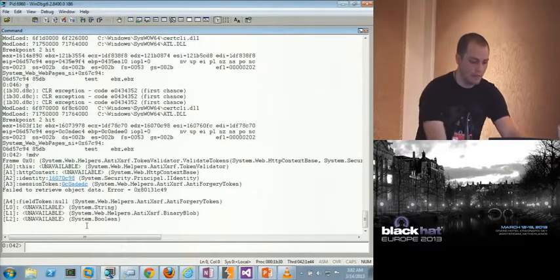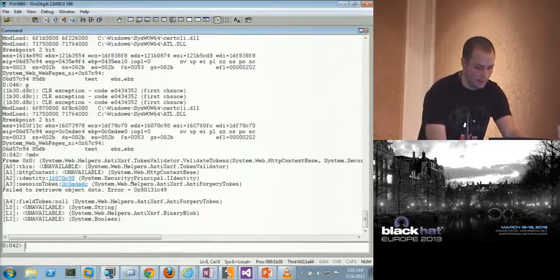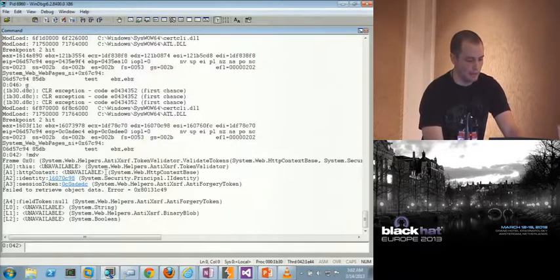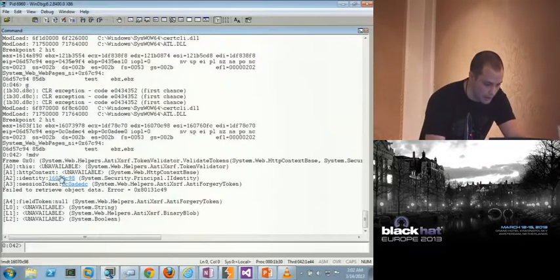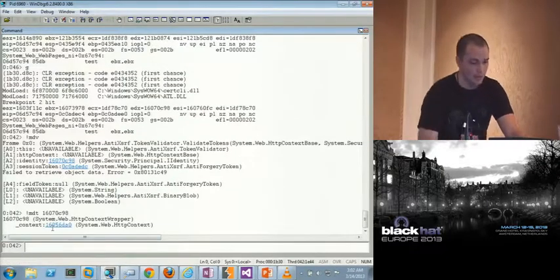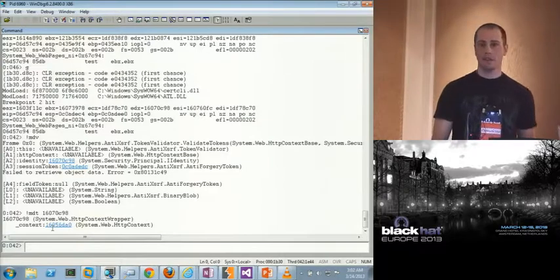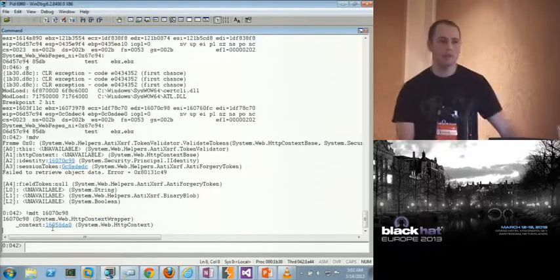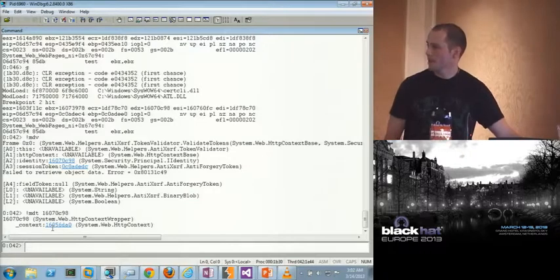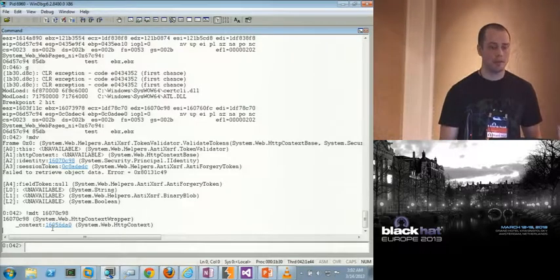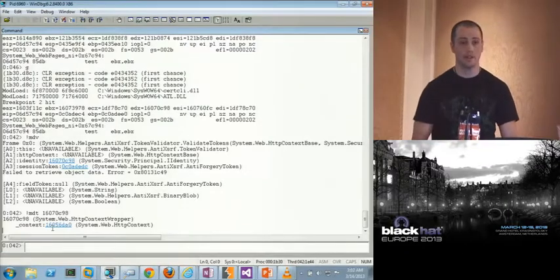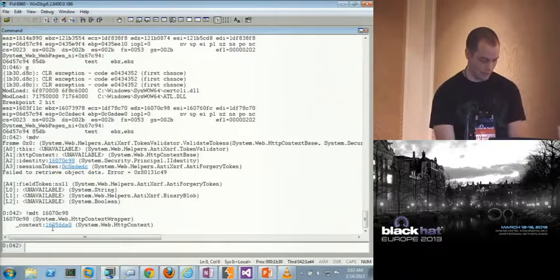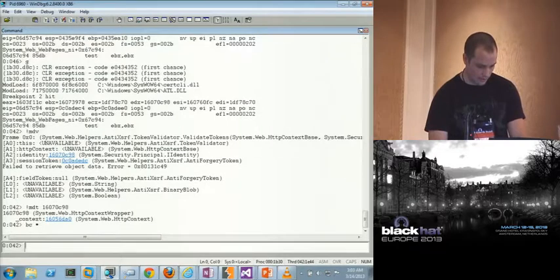Where does it get the identity from? Well, we can see it right here. It says the identity that's passed in is retrieved from, if we click on this, we can see that it's from System.Web.HttpContext. So this is an important fact that maybe isn't documented so much, and it's kind of a tough thing to document. But when we have our MVC protection, we need to make sure that our System.Web.HttpContext is unique. And if it's not, then it's replayed per user. So let me clear this breakpoint and actually set another one.